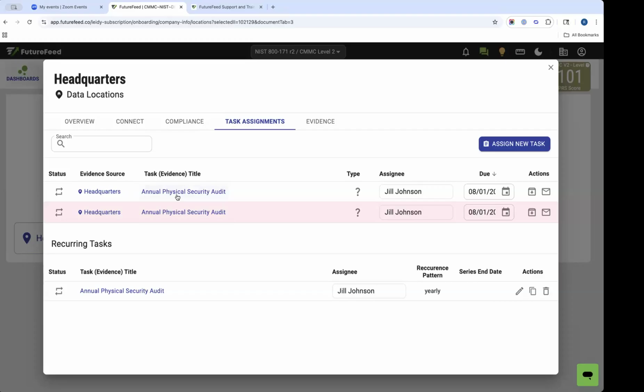Okay. Tasks is where, as a service provider, I would highly recommend you use tasks for your clients. Anytime you ask your client to do something compliance related, if you ask them for a screenshot, make it a task. If you ask them to implement a configuration setting, make it a task. If you ask them to update a document or provide you a document, make it a task. So this task area